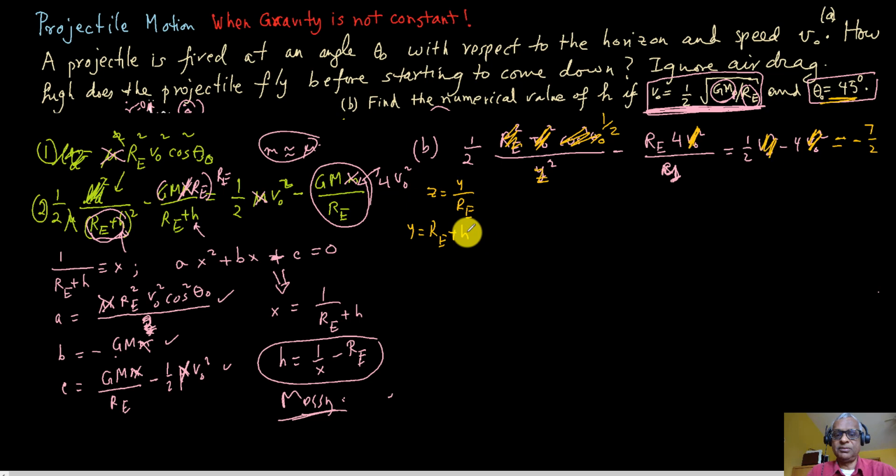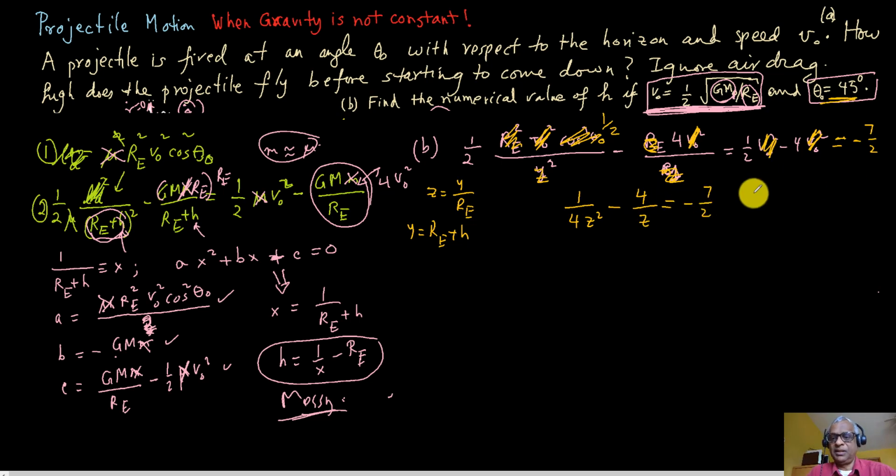So you can see if I get z, I just multiply by Re, and so it's working out nice. Over here also is z. So now we have a pretty simple formula here: 1 over 4z square minus 4 over z equals minus 7